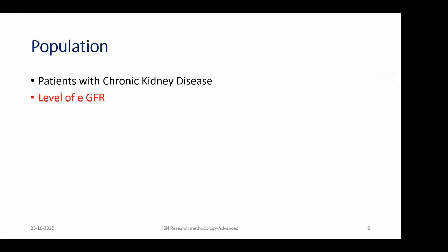So now let us see patients with what level of estimated GFR should be taken for this study. If we include the entire spectrum of CKD, say eGFR starting from more than 15, CKD stage 4 to CKD stage 1, the problem is it is too broad. And we know the progression rates are going to be heterogeneous. Sometimes the event rates might be very minimal, say around 10 to 15%, if we follow them up for a period of say 2 or 3 years or sometimes more.